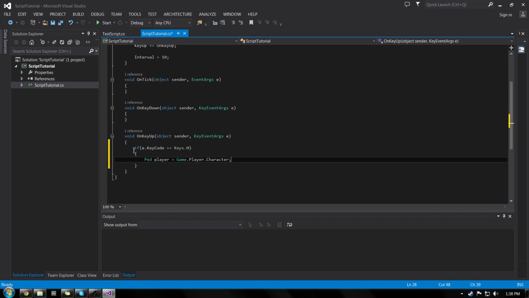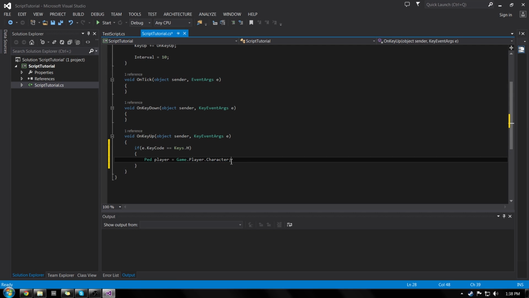Now, what this is doing is we're creating a new ped for our program to keep in mind. And what we're going to do is set that player ped equal to the game's